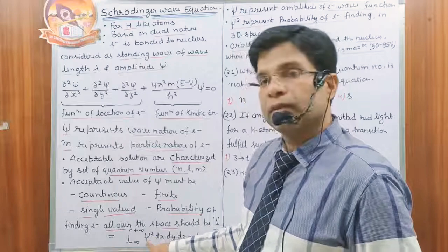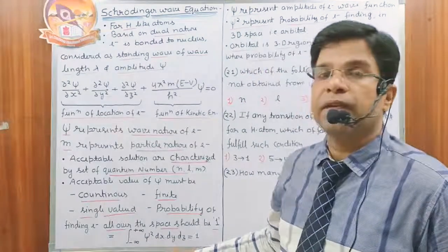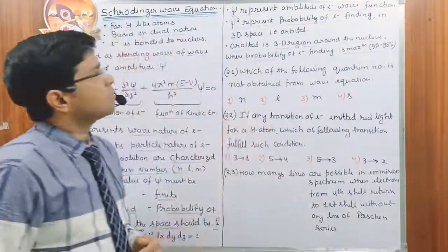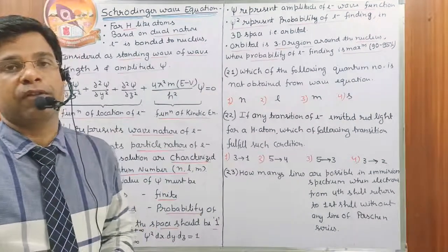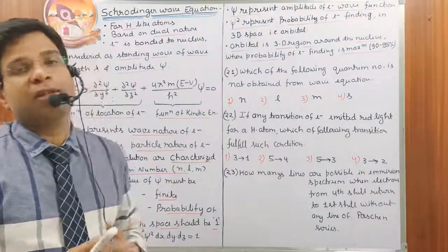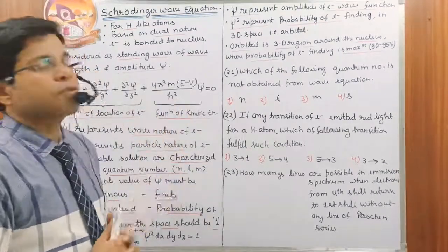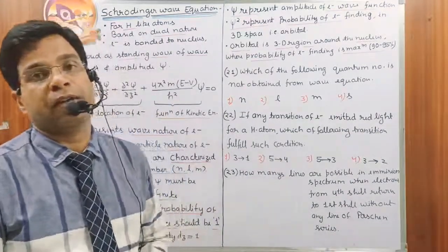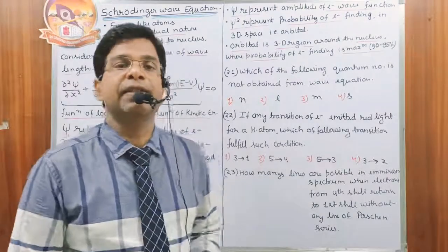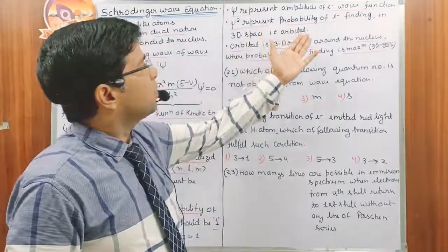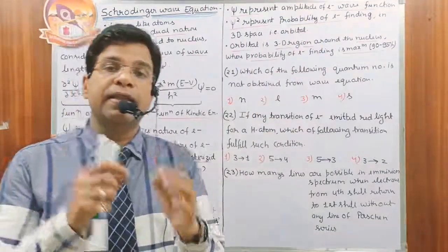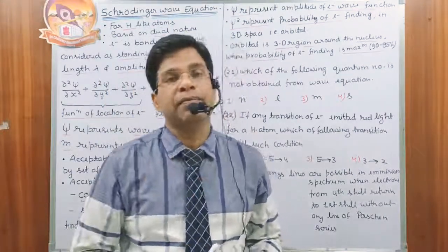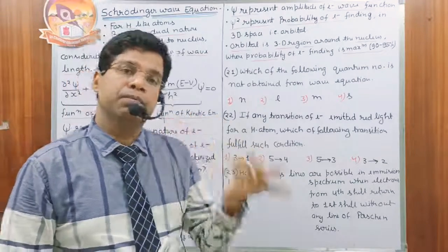If we integrate psi square with respect to dx, dy and dz, then this value has to be equal to 1. Psi represents the amplitude of the electron wave function, but the square of the amplitude always provides the intensity. So psi square provides the intensity of the electron wave function, that is, the probability of finding the electron in 3D space at any given time. This 3D space is called the orbital. Psi is the amplitude, which can be positive and negative, but psi square always has to be positive.